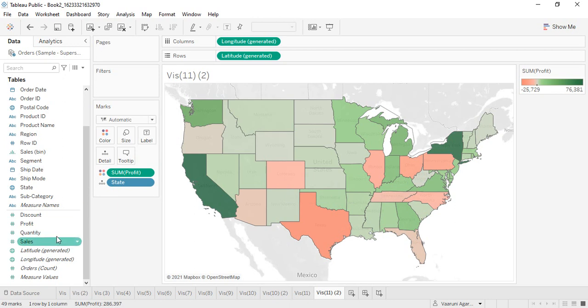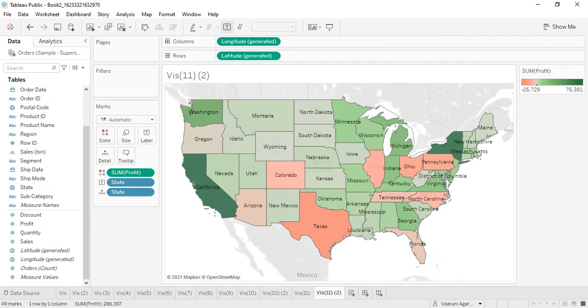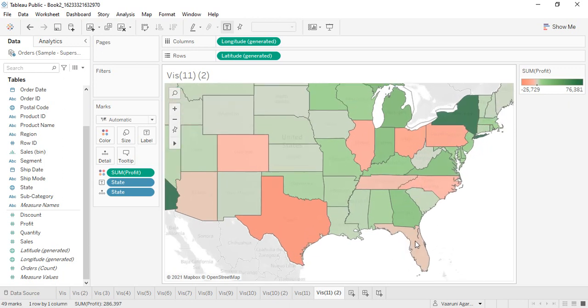Now suppose you want the names of the states in the labels portion, so you can just add them into the labels, and all the state names would be shown just like this to make it much more visually appealing, right? And there are a number of things that you can do in these maps to make them visually appealing, like change the way they look. Okay, we have different forms of maps, like one where waters are labeled, where the boundaries are not there, only a particular state is shown which we want to show. Like most of the data is from the US, so we only want the US to be shown.